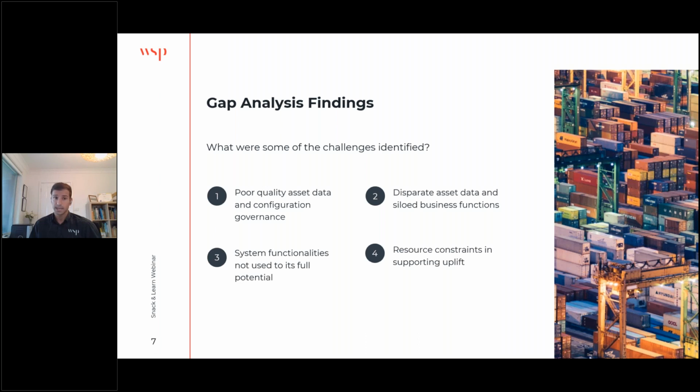3, in this case, while the port's EAM system did have the capabilities to achieve their asset information requirements, it was not being fully utilised as a business as usual activity. This system had mapping functionalities and could store attributes such as asset condition, risk, age, and replacement costs. However, the use of these attribute fields was not consistent across all business divisions.